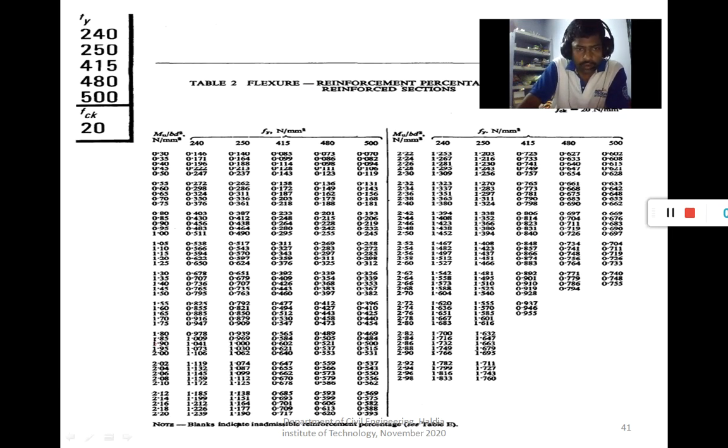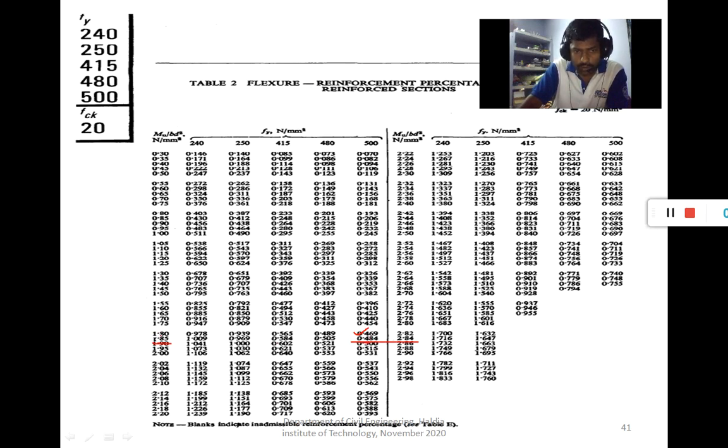Here you see that for 1.85 this value is taken, and for any intermediate value, suppose your value comes to 1.83, so what value do you consider? So linear interpolation has been made, okay.